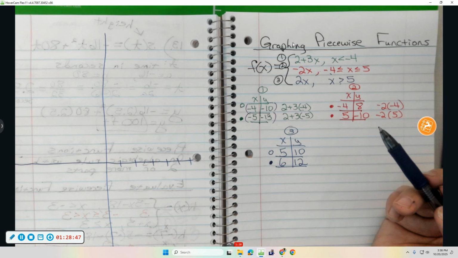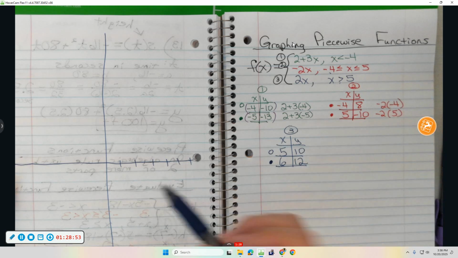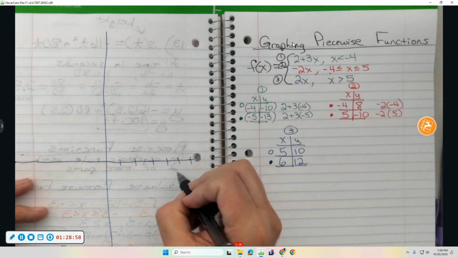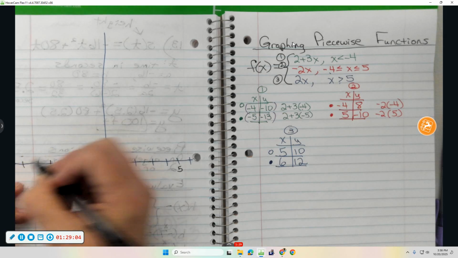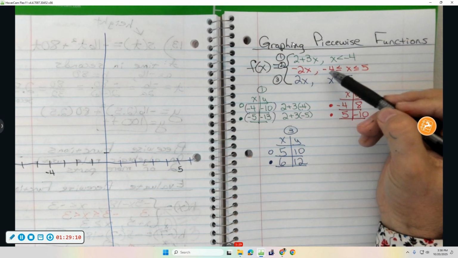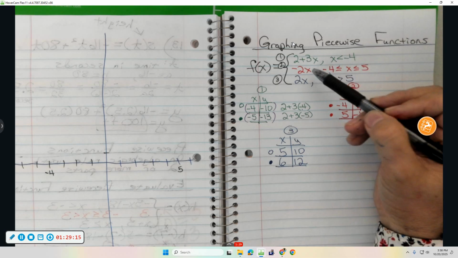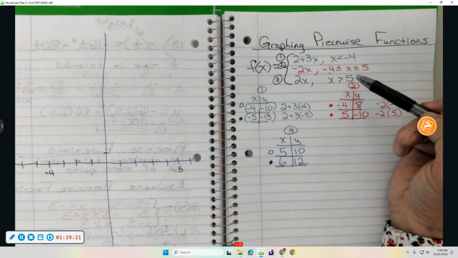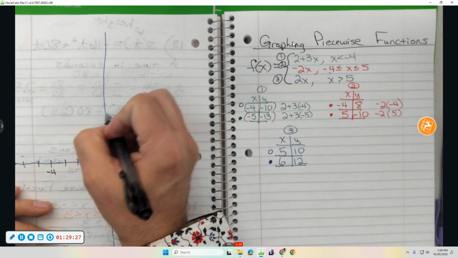Be sure to label the cut points on the x-axis. You got to clearly label 5. 1, 2, 3, 4, 5. Why am I using blue? I should be using black. What's the other cut point I need to label on the x-axis? -4? Yes. You need to clearly label -4 and +5. Because it's at -4 that the green piece is going to change to the red piece. It's at +5 that the red piece is going to change to the blue piece. So let's see. 1, 2, 3, 4, 5, 6,